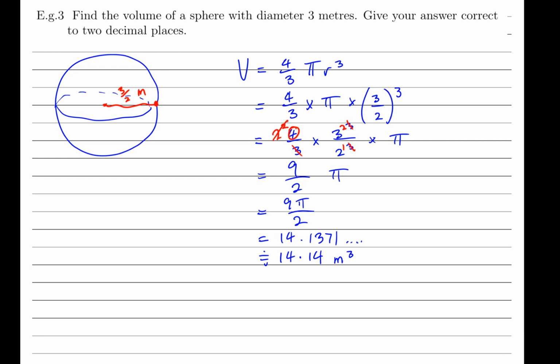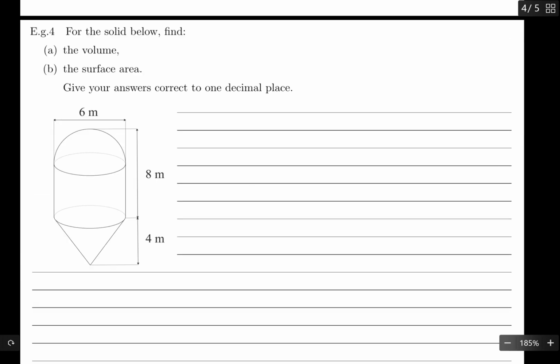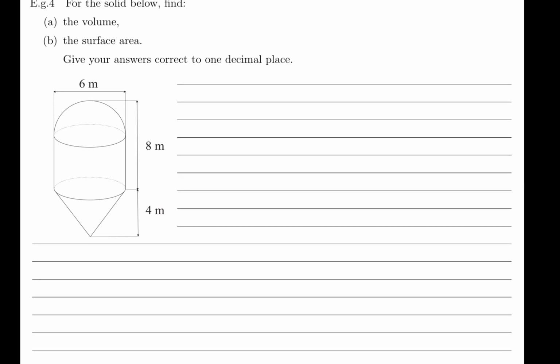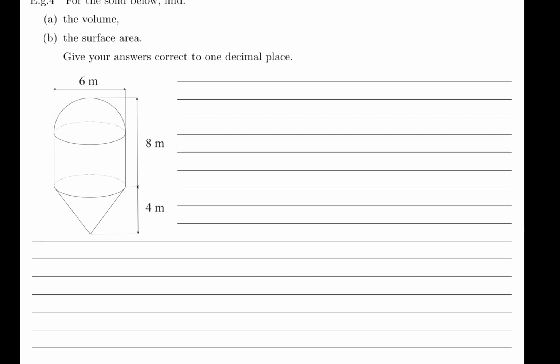Okay, so I've got one more example here, and it's a bit of a beast. There's a lot going on here. There's quite a few different results that you'll need. For the solid below, I'm going to get you to find the volume and the surface area. The reason being, I want to put all of this together, everything that we've done so far in this topic, and make sure we're pulling on a bunch of different results to work out how to get this thing. So starting off with the volume,